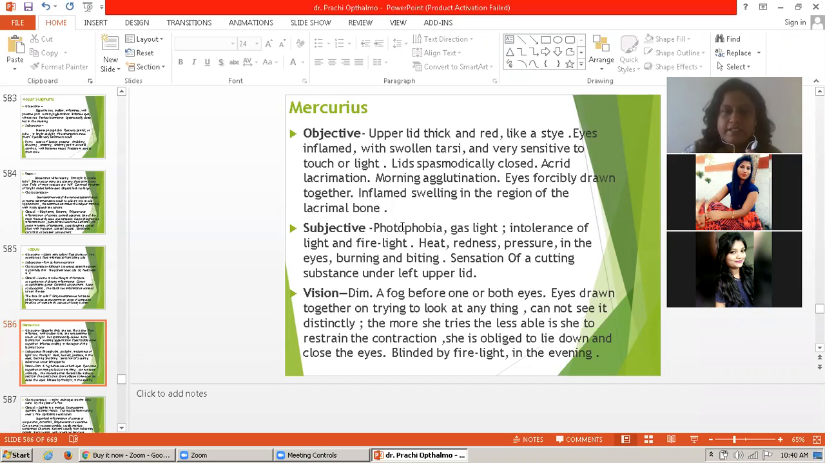Then subjectively there is photophobia, from gaslight, and intolerance of light and firelight. There is a heat